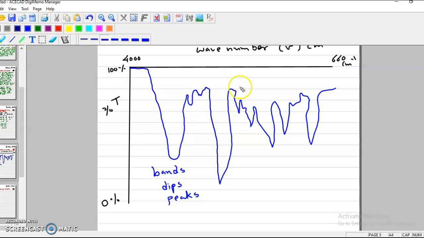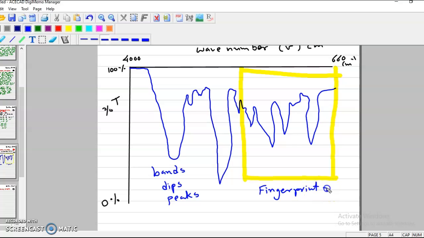One is this one, from this one, where you will find many dips, and it is known as the fingerprint region, in which you find many dips or bands. It starts between 1500 to 660 centimeter inverse, which is called the fingerprint region, and the rest on the left hand side,